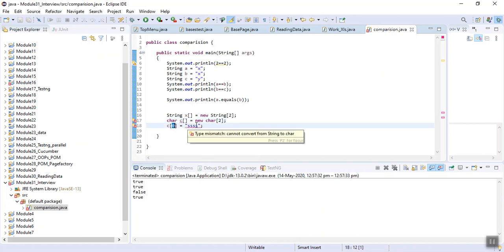It shows the issue that it cannot convert string to char. But if I put it as x, it will work and will not show any error.